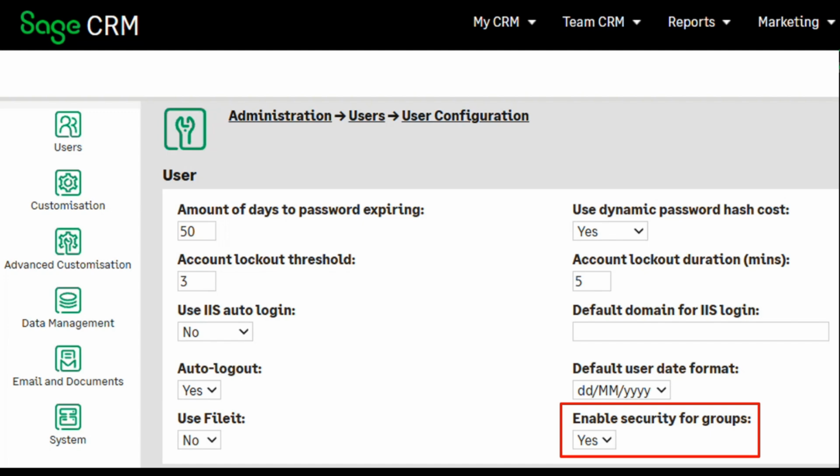The enable security groups setting is important for people who are working with data across territory, and that typically is a marketing function. This setting determines whether users can access information outside their home territory for marketing purposes when it's brought together into a group. So imagine, if you think back to the lessons that we had about security territories,